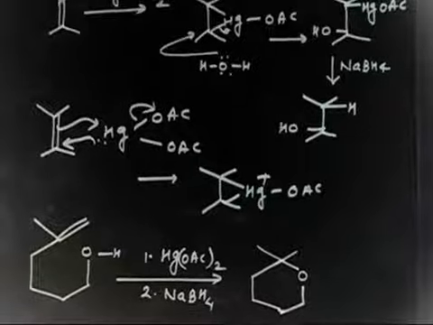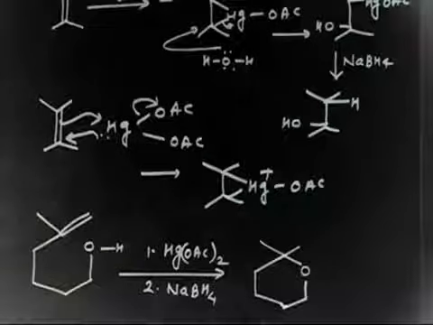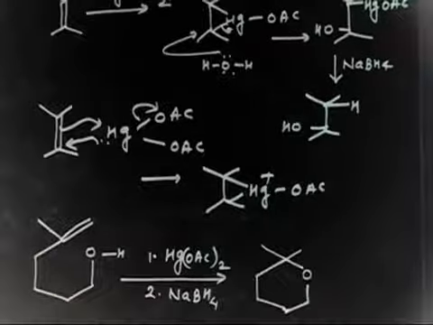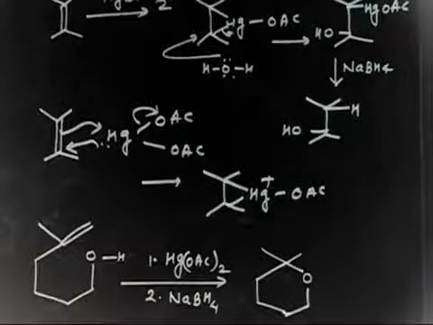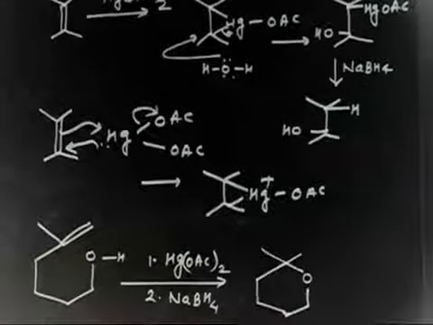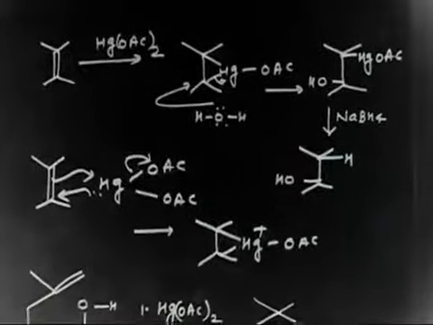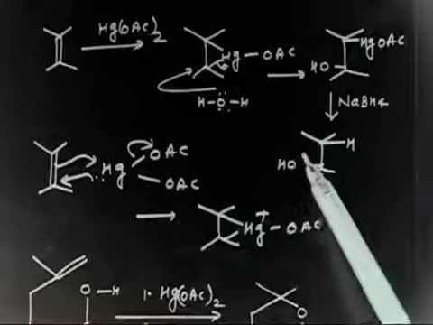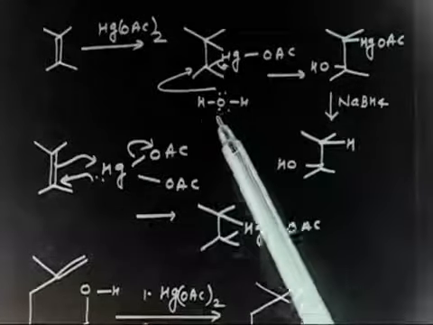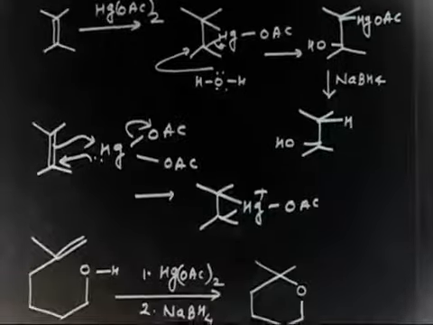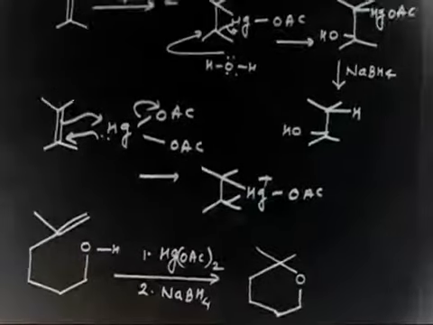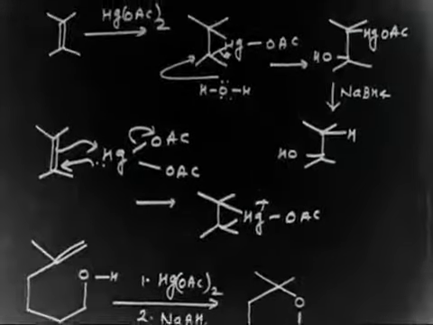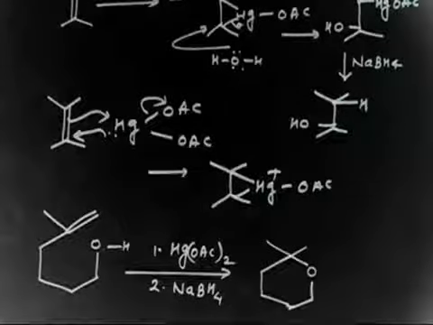Now let us copy. And those who want to think, let us think and write down the mechanism for this reaction. I will give you a hint for those who are doing the problem. You have to make the same kind of intermediate. And in the next step, here you have OH, that is coming for attack. But now in this case the molecule is attacking itself, so you can say this is an intramolecular oxymercuration demercuration reaction. So let us try, those who want to.